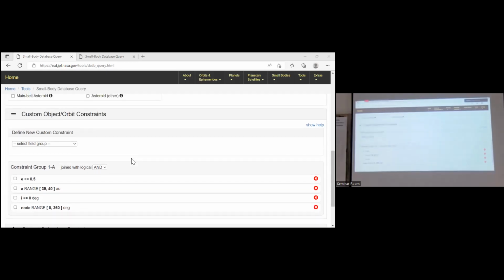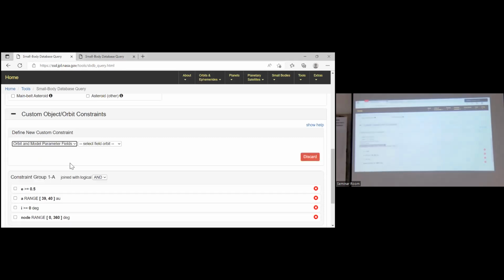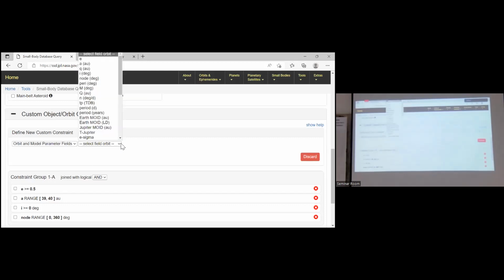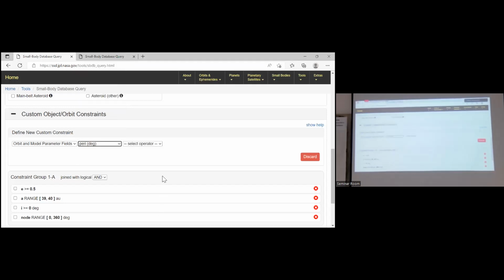let me continue. We again select these fields. Now argument of perihelion.